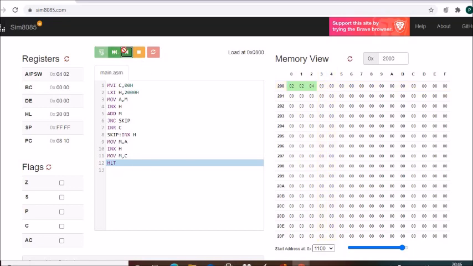And then HLT. So after the execution, this is the status. 2002 is loaded with 04, that is the sum, and 2003 is 00, that is, the carry is 0. I hope you understood this program. Okay, let's go to the next program. What was the next program? Before going to the next program, let's reset it.